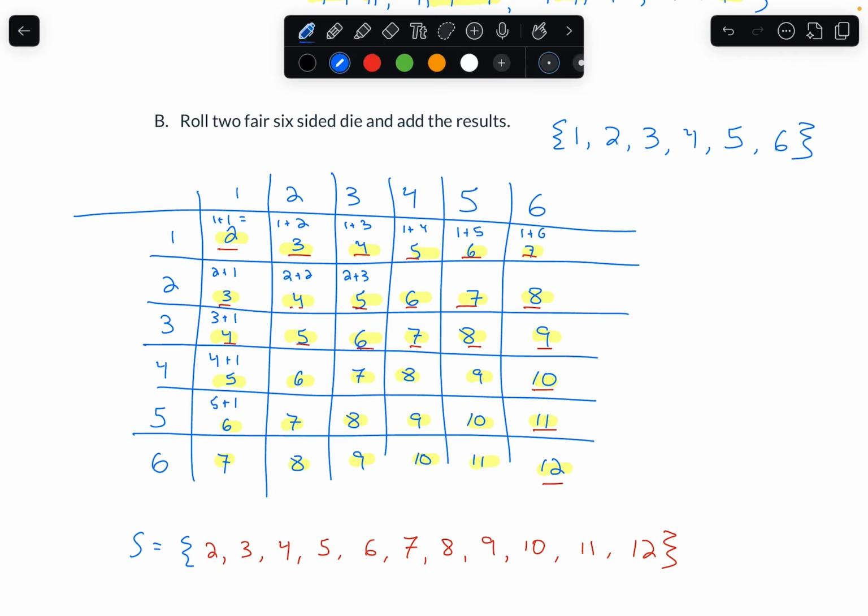However, if I was going to talk about just the outcomes of the two die roll, in this case, you could count all of these up right here within this table, but we should have 6 outcomes right here by 6 outcomes right here. We actually have a total